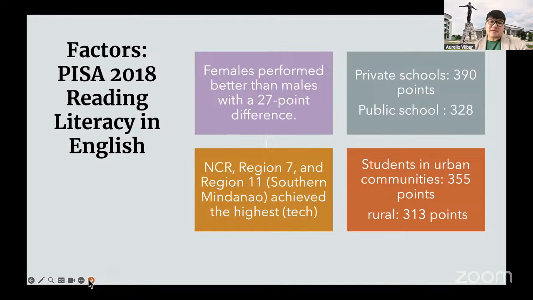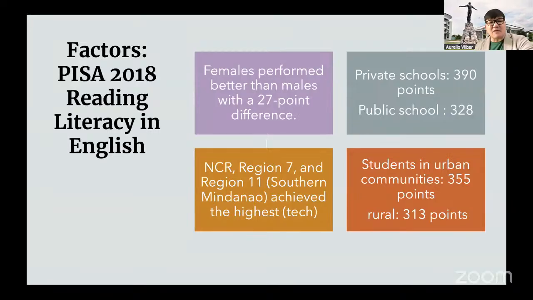Females perform better than males, and the difference is always 27 points. So again, let's go back to the score. If the average score of public school is about 328, the girls would always have plus 27. So girls perform better than the boys. Secondly,